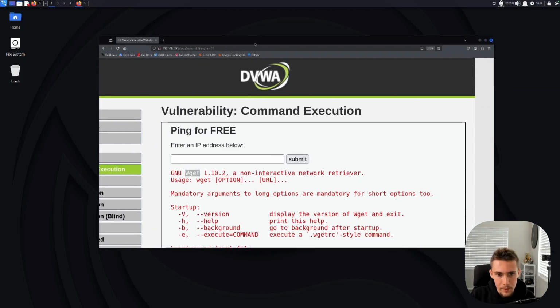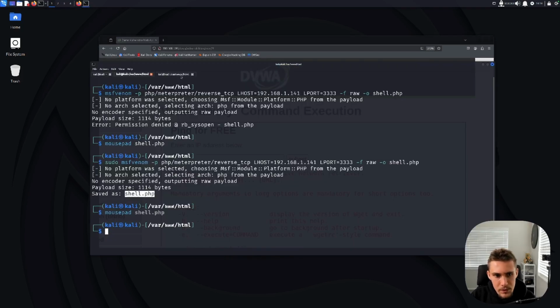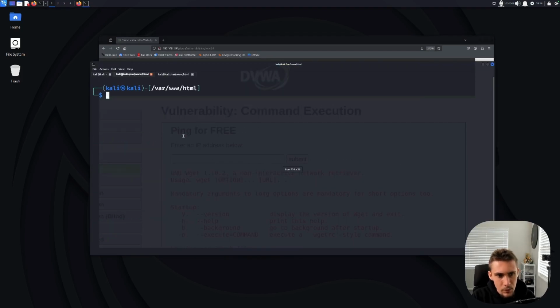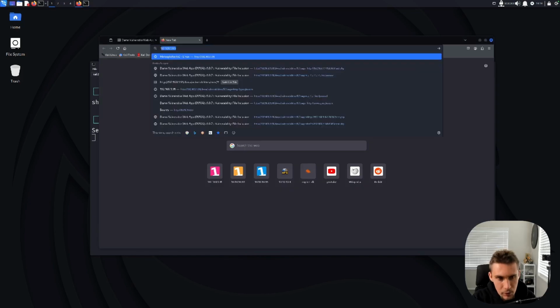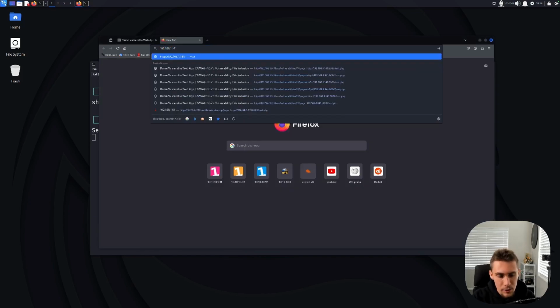So if we go back here, we can use a tool like wget, but we actually need to set up a web server. So let's do that. On your terminal, because the file is here, let's type in python3 -m. We're going to use this module, http.server, which is basically a Python library which allows us to run a web server off our device. So now look, if we go to our IP address,